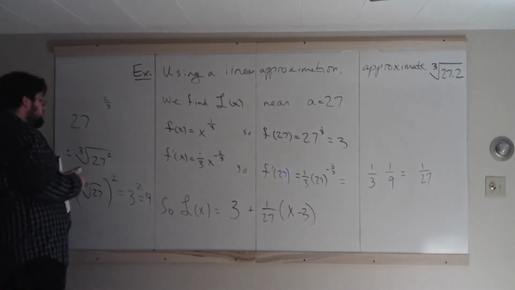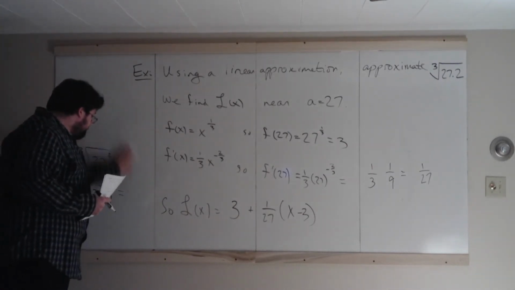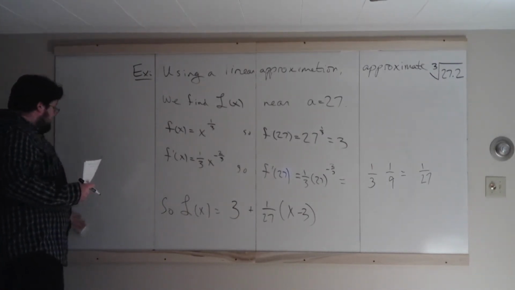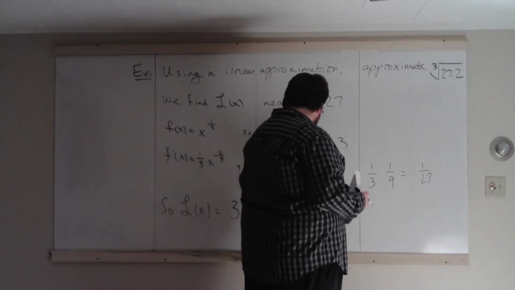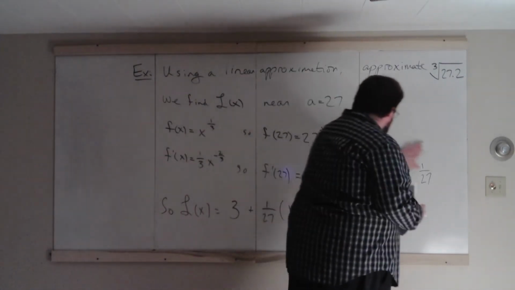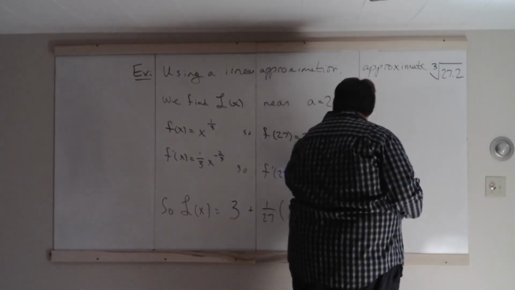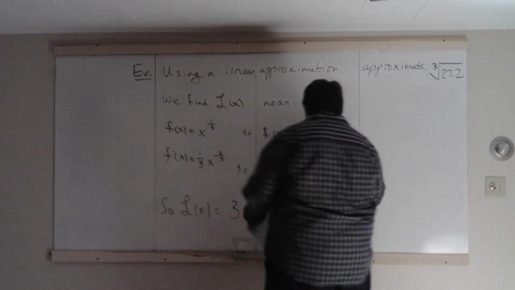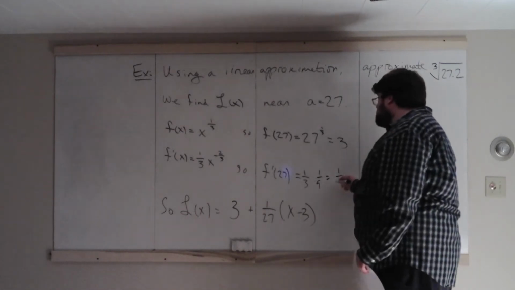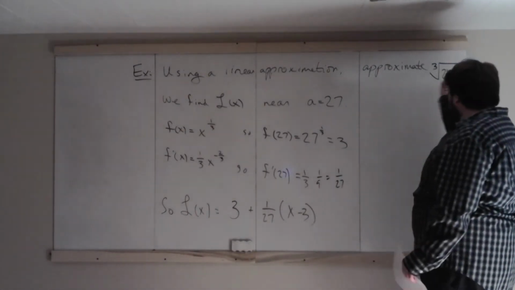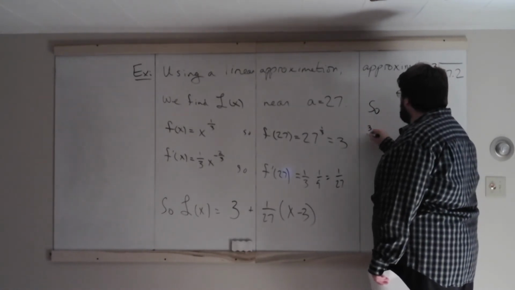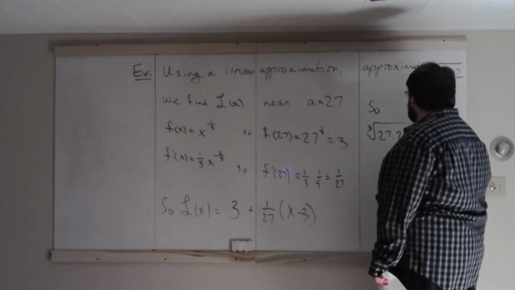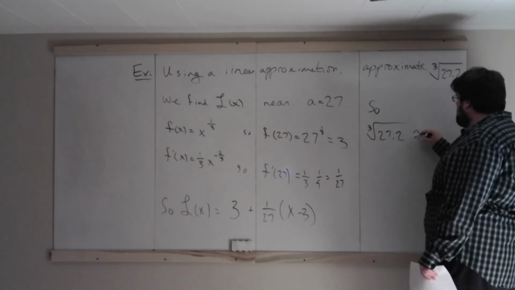And I'm not going to simplify that. So right here, I'm just going to clear off this board so I can finish the answer over here. We'll just change that 1/3 times 1/9, which is 1/27. So we want to approximate the cube root of 27.2. So the cube root of 27.2 is approximately equal to